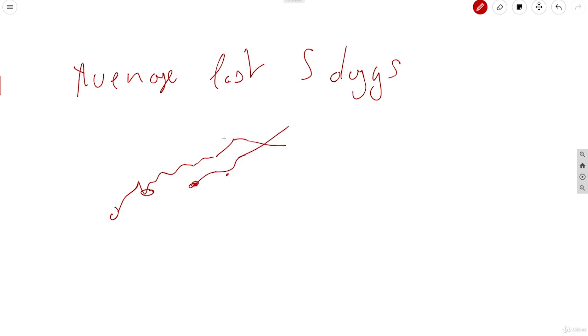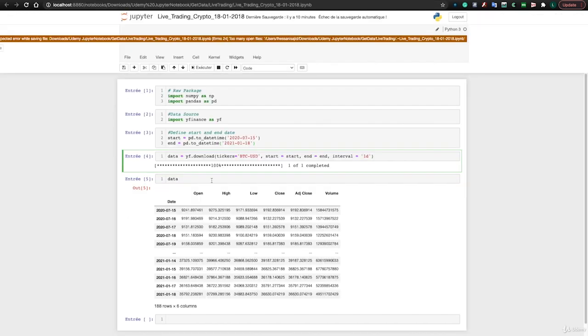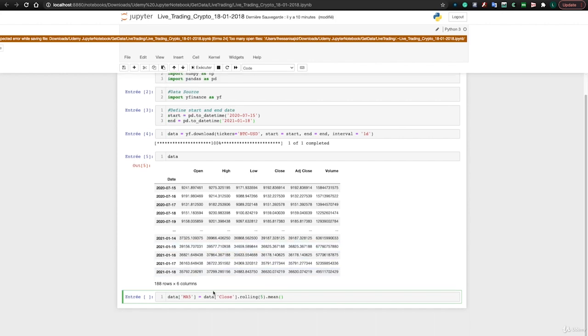And that's how you're going to have your moving average. That means what we are going to ask Python to do is give us a rolling of the last 5 days. Okay, data MA5, moving average 5, data close. We are going to use the closing price and a rolling period of 5 days. You can change it, you can take another period. I'm giving you this rolling period